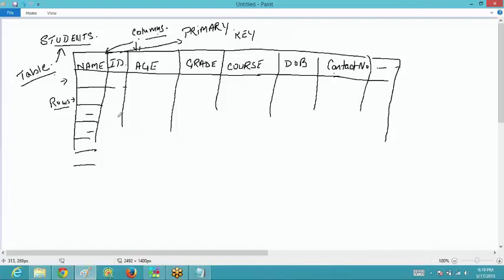creating a column in a table, okay, which helps you to distinguish between all the rows, because though the name of the person or though the name of the students could be the same, their age could be the same, their grade could be the same, their course may be same, okay, but their IDs could not be the same in any of the case,